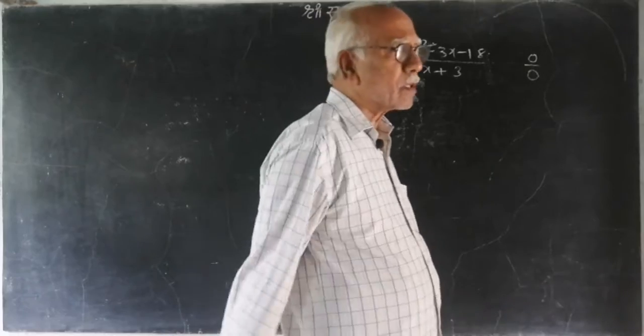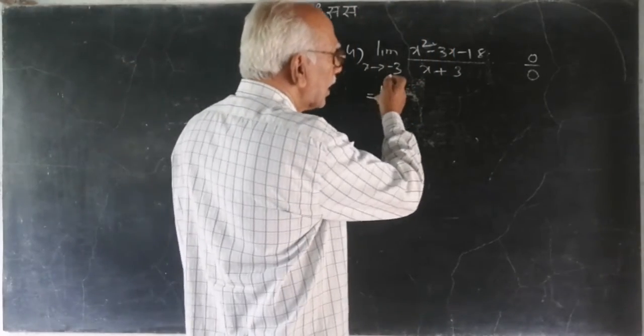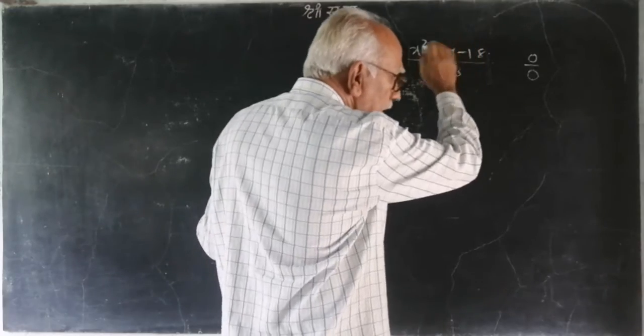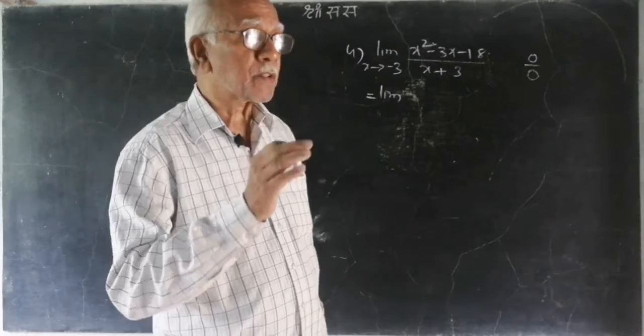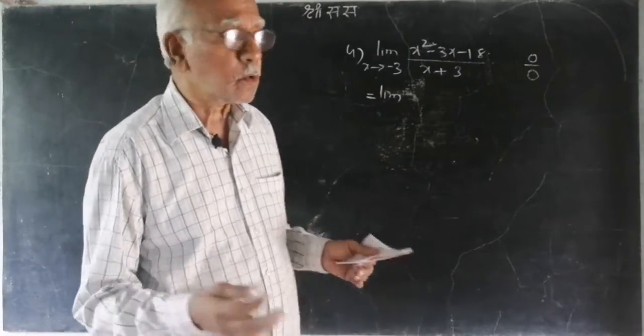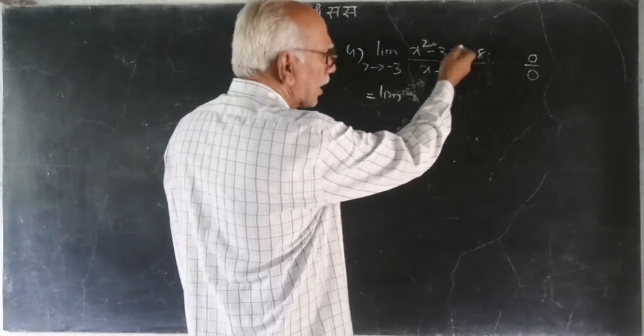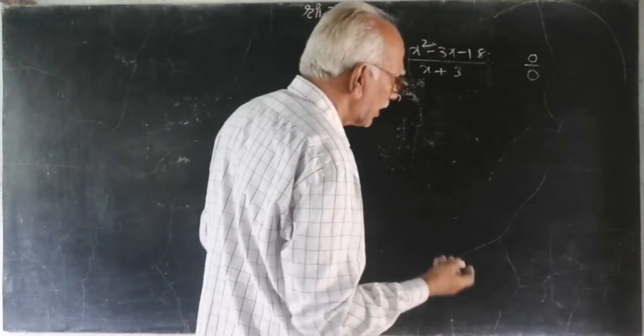That is most important. That is the Vedic method. When we say that if you put minus 3 in this particular numerator and get 0, certainly x plus 3 must be a factor. There is no question. Or you can factorize it. I will teach it that way, because it is connected with CET questions.